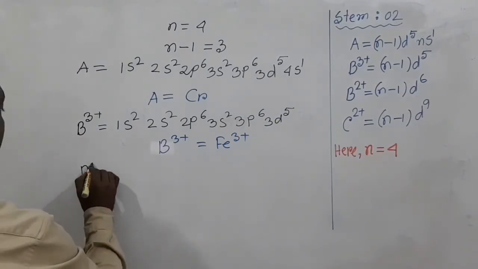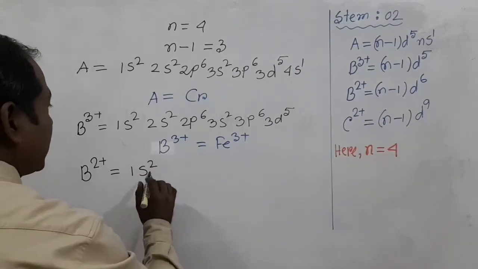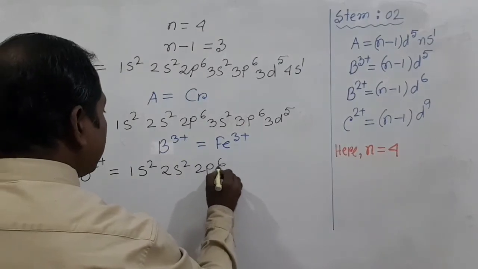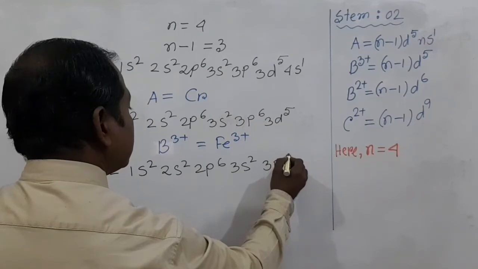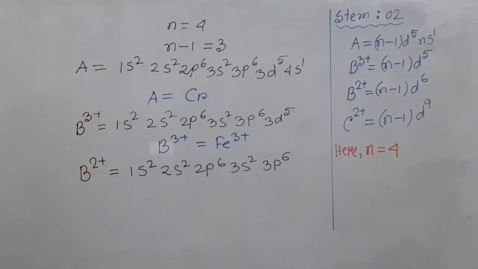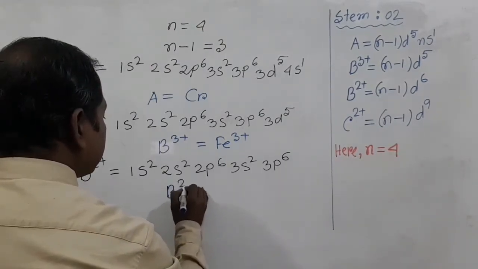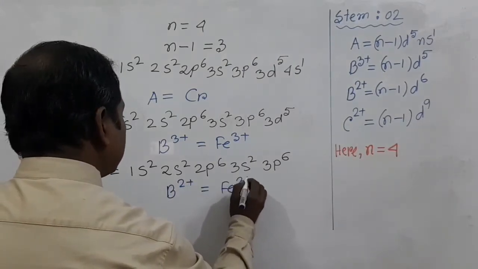and for B2+ electronic configuration 1s2, 2s2, 2p6, 3s2, 3p6. So, according to this electronic configuration, we can say that B2+ represents Fe2+,